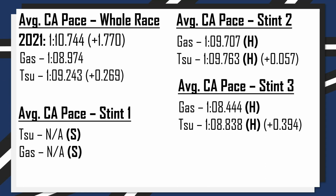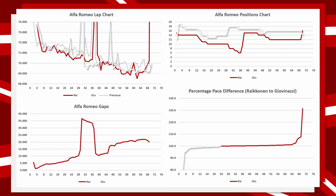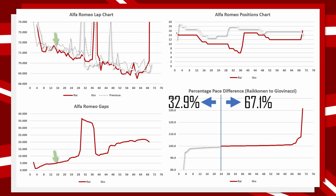Then from Alpha Tauri, we'll take a look at Alfa Romeo. And splitting this percentage pace difference down the middle, we can see that for 32.9% of the Grand Prix, it was Antonio Giovinazzi in the white who was the faster of the two cars, and for 67.1%, it was Kimi Räikkönen. With the two drivers being relatively even in that first opening stint, however, the gap did steadily rise in